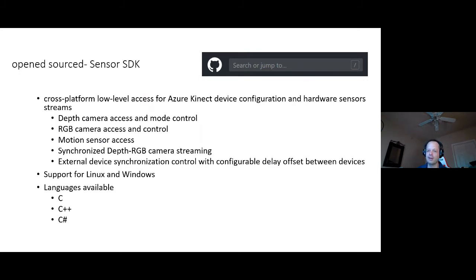So the sensor SDK, and that's also something that old Microsoft would never have done, is completely open source, right? It's cross-platform with low-level access. You can write software on Linux for that. Currently, as far as I know, it's Linux and Windows, and it's not yet on macOS. I don't know if that will ever happen. I believe one of the challenges is that